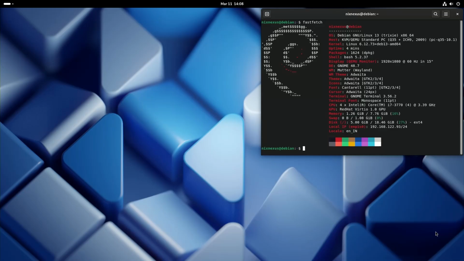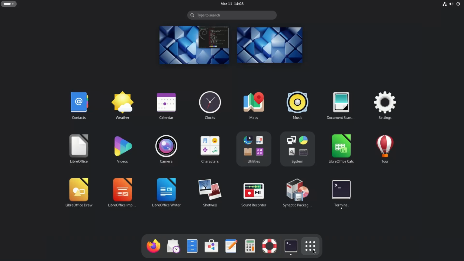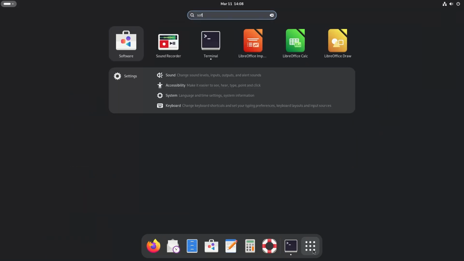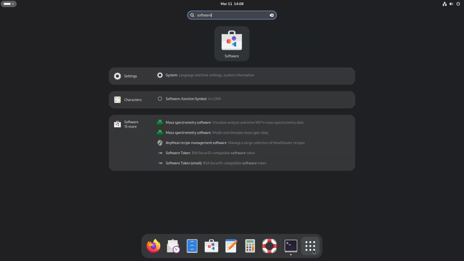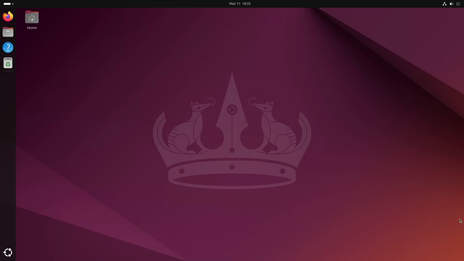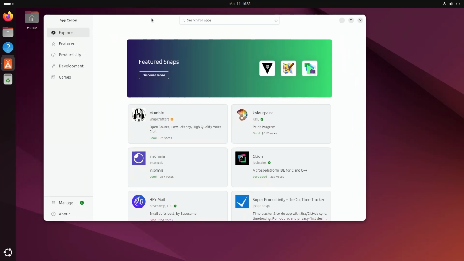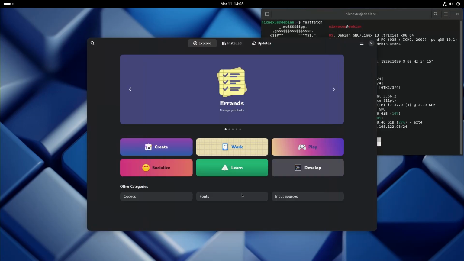To open the software manager, first hit the super key on your keyboard. Then search for the term software. In a desktop environment like GNOME and Cinnamon, this app store is simply known as Software Center. In KDE Plasma, it is called Discover. And in other desktop environments like Unity, Cosmic or Pantheon, it is labeled as App Center. So click whatever you see according to your desktop environment and it will open the app store for you.